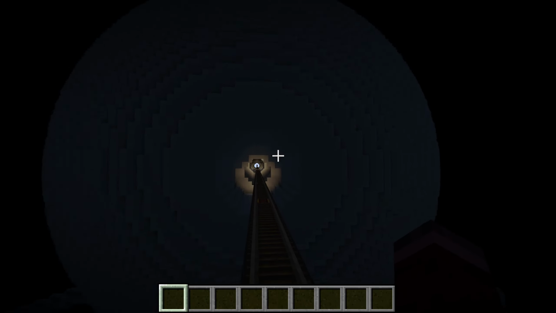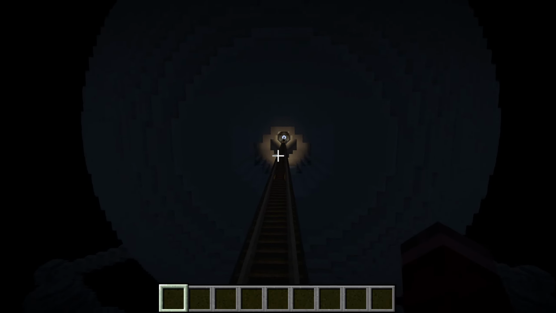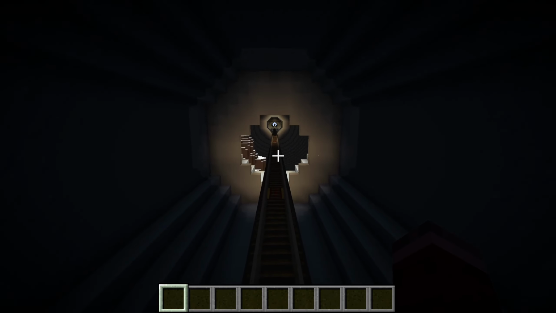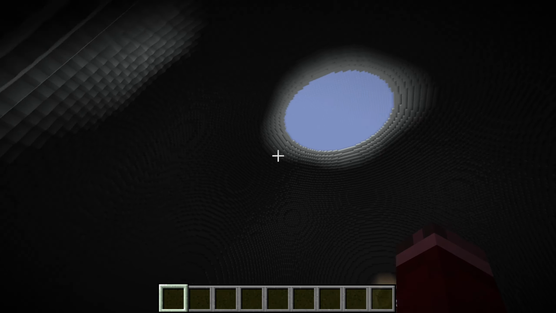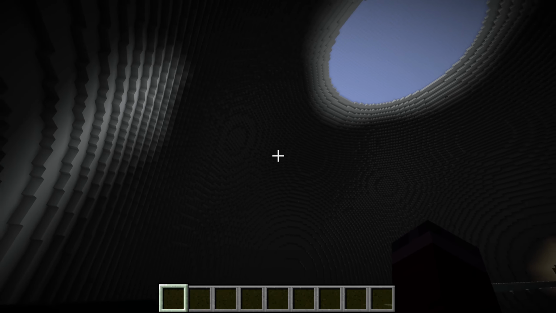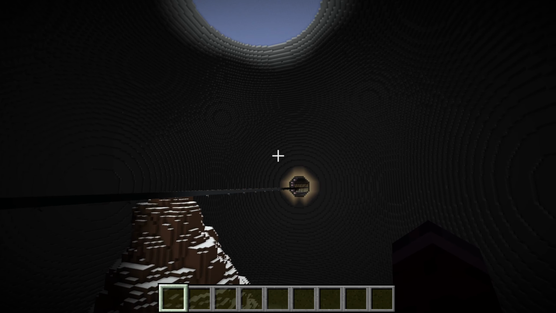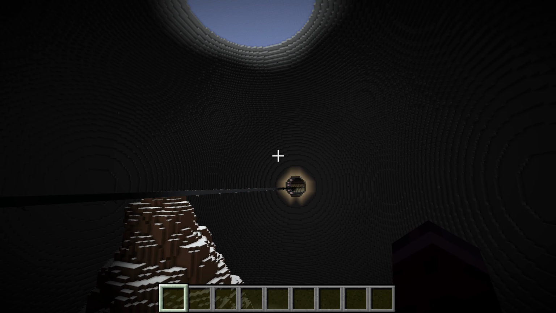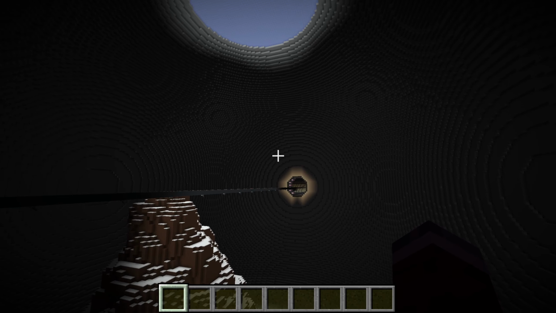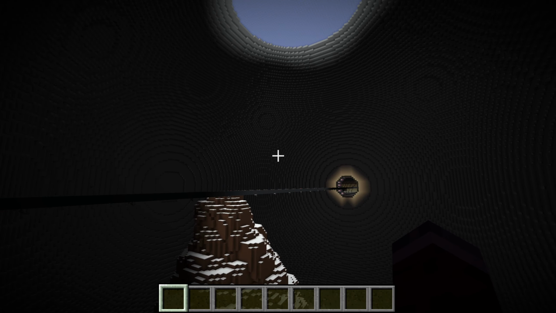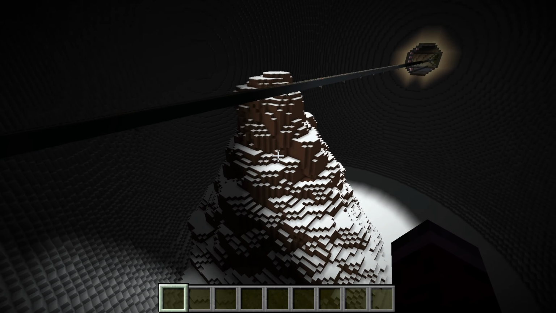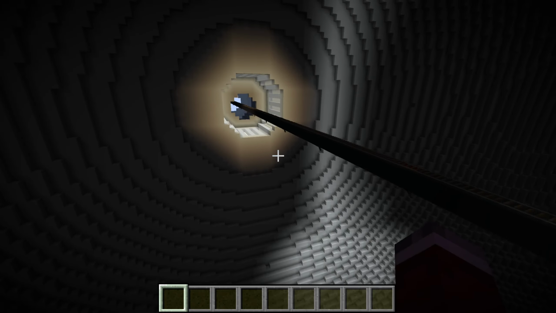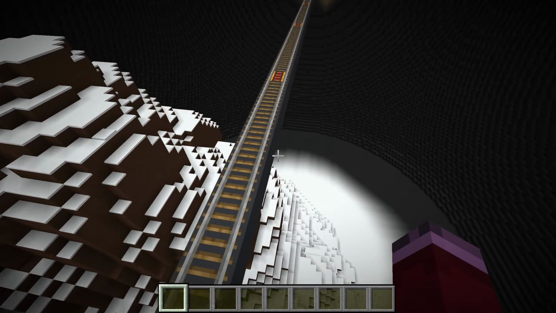So this is just a giant black box that houses all this stuff. So we're going to go into here, and it's just a big sphere that leads into another sphere. This is the biggest sphere of any of them on my factory build. I don't even remember the dimensions of this. I'm pretty sure it's, with the WorldEdit, like a size 200 or 150 sphere, something like that. It's very large. And it houses the Fudge Mountain, so it just has the minecart track going through here with